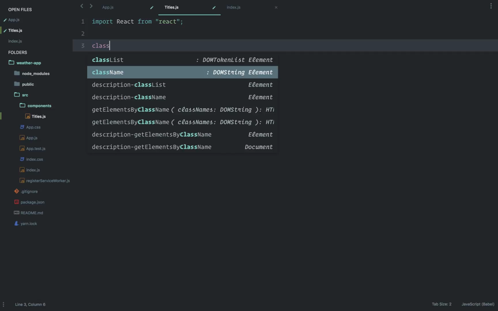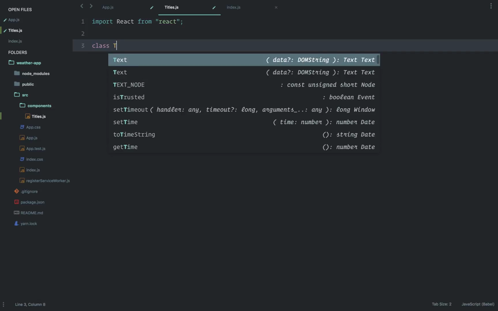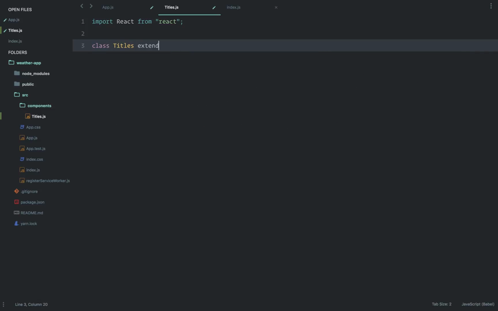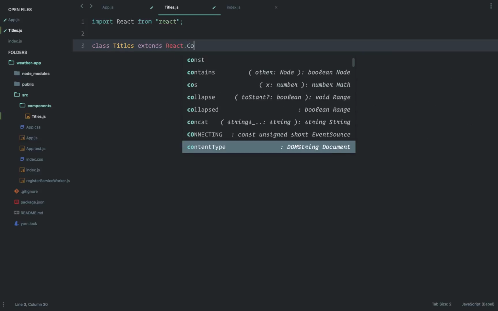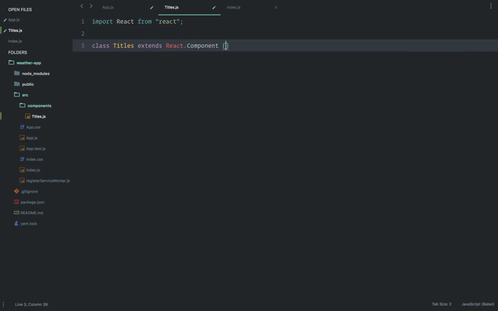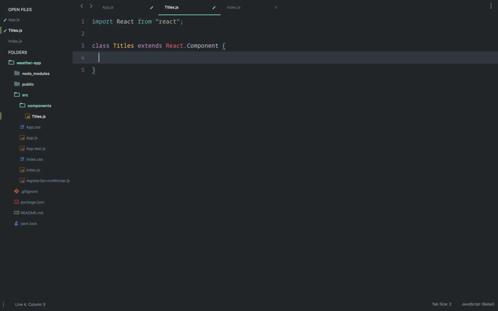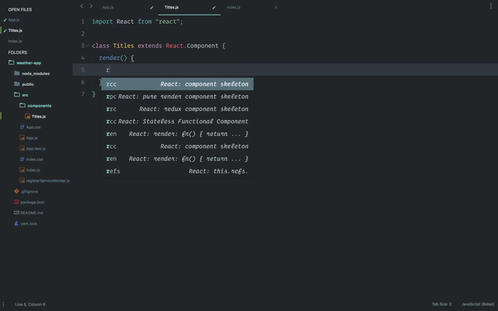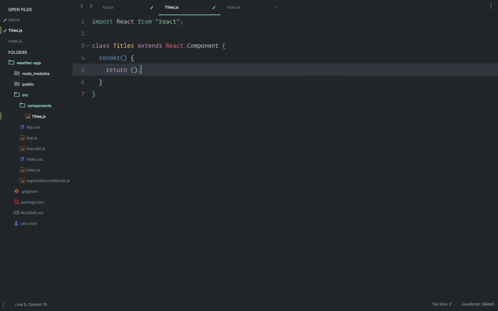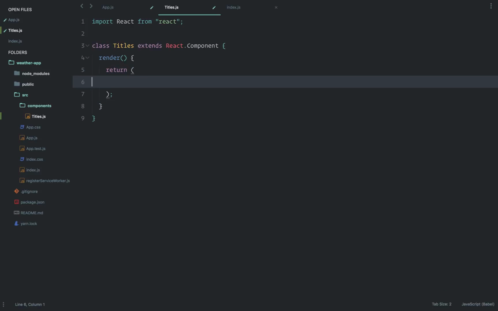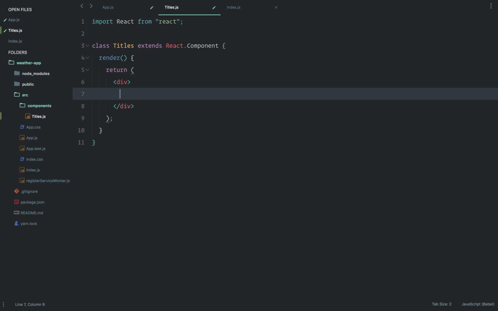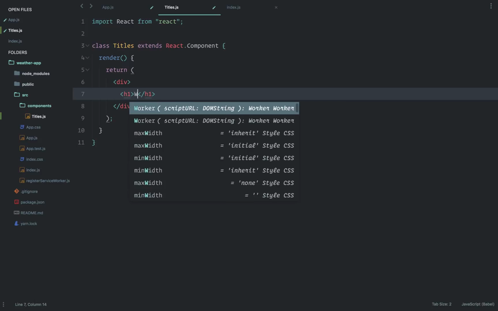Okay, so now next thing, class Titles extends React.Component. Okay, and then React.Component, there's going to be a render method, and the render method is going to return a blob of JSX. So right there, I'm going to create a div, and within the div is going to be an h1, and this is going to say Weather Finder,